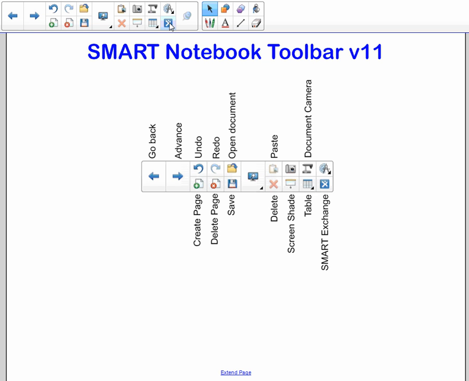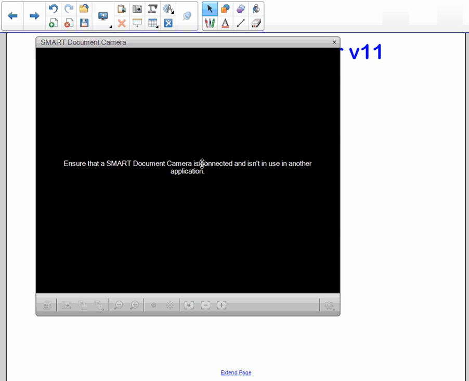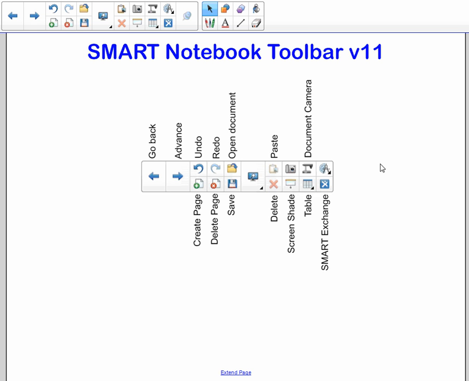The final tool I'd like to show you in this segment is the document camera tool. Now, when I click on that, I get this information right here, and that's because I don't have a document camera connected. What needs to happen here is you need to have a Smart brand document camera. Some of you know document cameras as ELMOs,